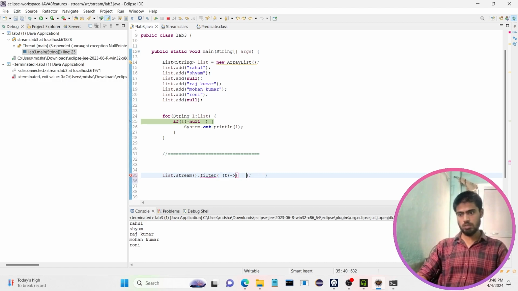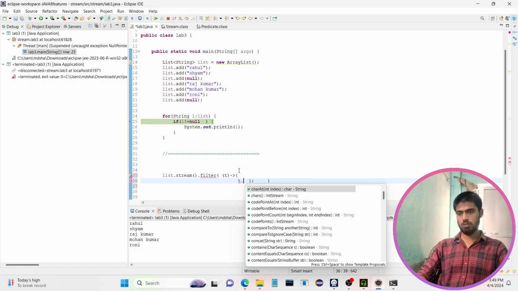Inside these curly braces, we are going to write the implementation for the test method of the predicate interface that is going to return boolean. So T, you can take it like this. So T dot,